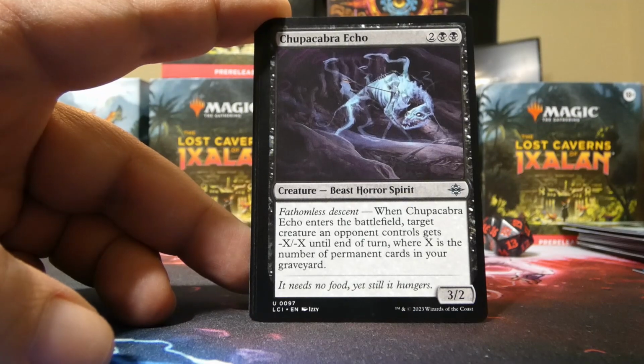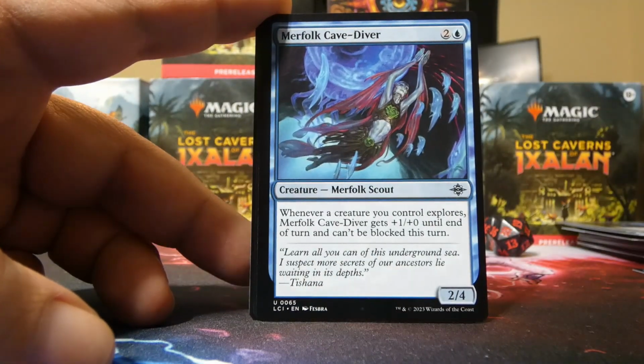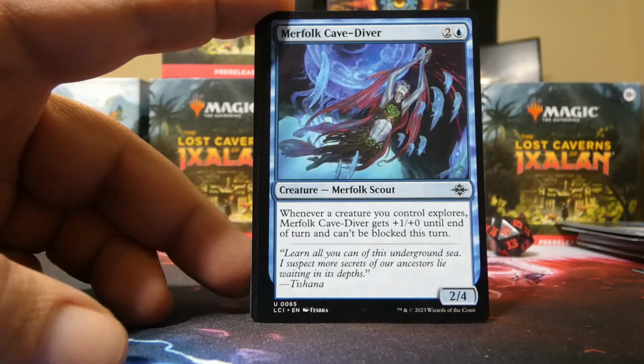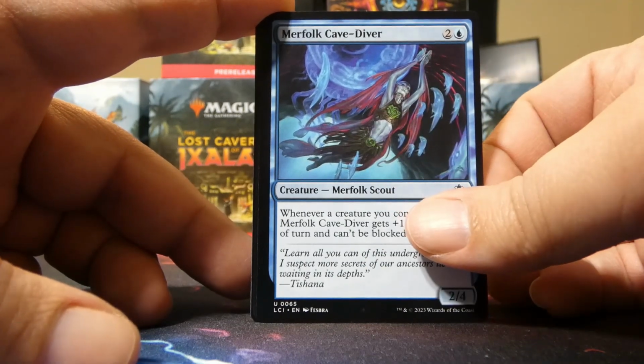Chupacabra Echo, very nice card. My goodness. And a Merfolk Cave Diver. Okay, cares about Explore, so that would be in blue-green, at least traditionally. Doesn't have to be, but still. And then our next rare or mythic